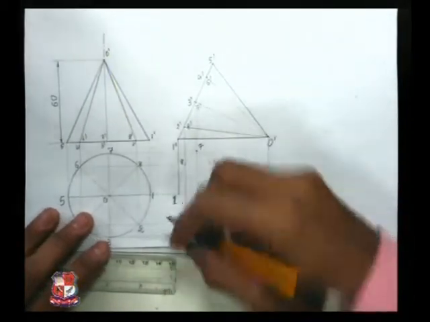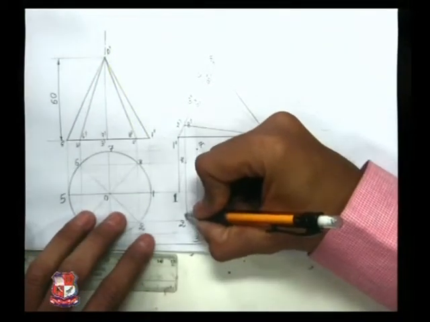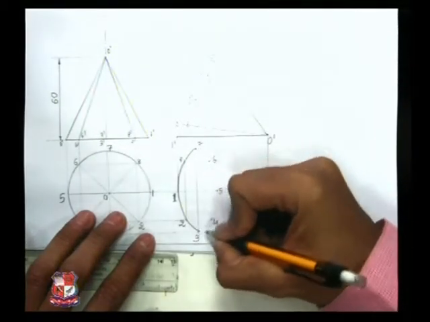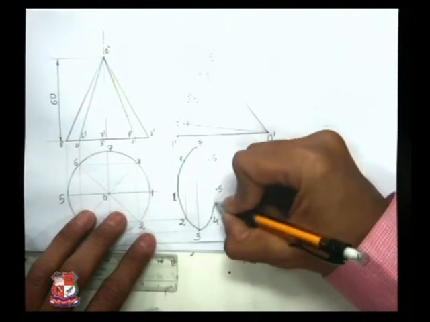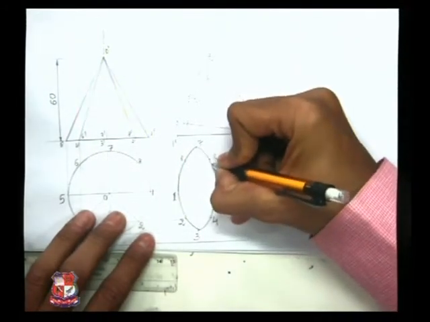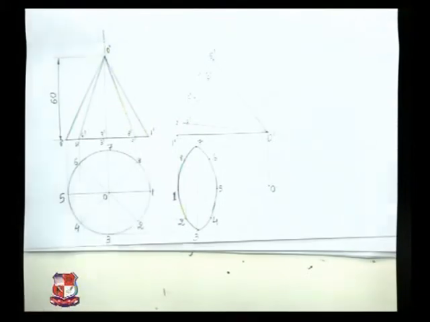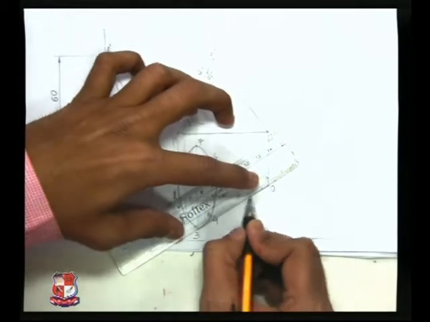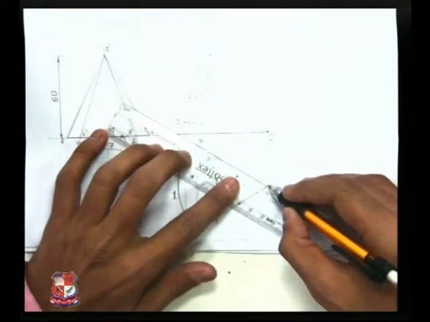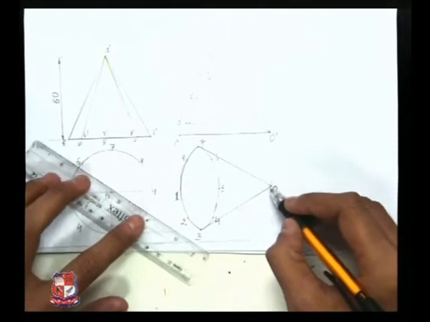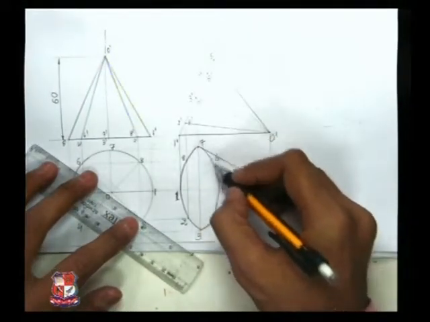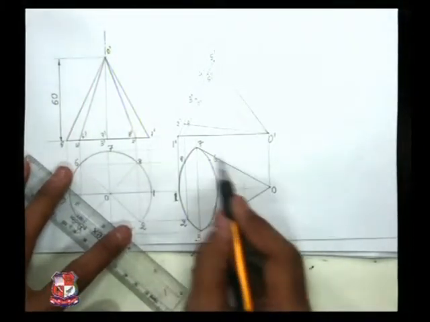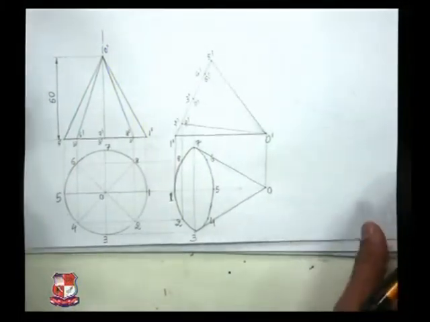Now join all these points with a smooth curve. So it would appear like this. By having long practice, you would be able to draw this curve very smoothly. So this is its top view, and join this apex point O with this ellipse in such a way that it becomes tangent to this ellipse. A line passing through point O and tangent to this ellipse, that we have to draw. It shows the generators O3 and O7 in top view.